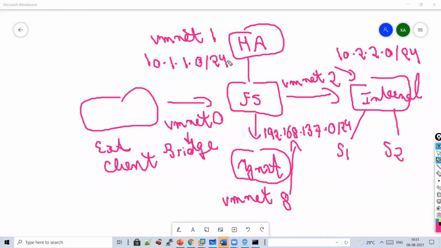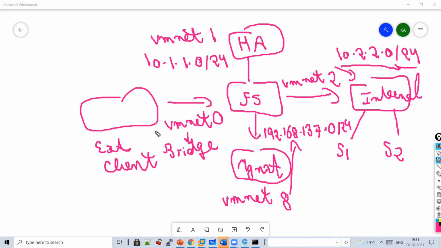So guys, this is the IP schema which I will be using. Please take care of this. This is very important. Whenever I assign any server, I will be giving IP address from this network only.